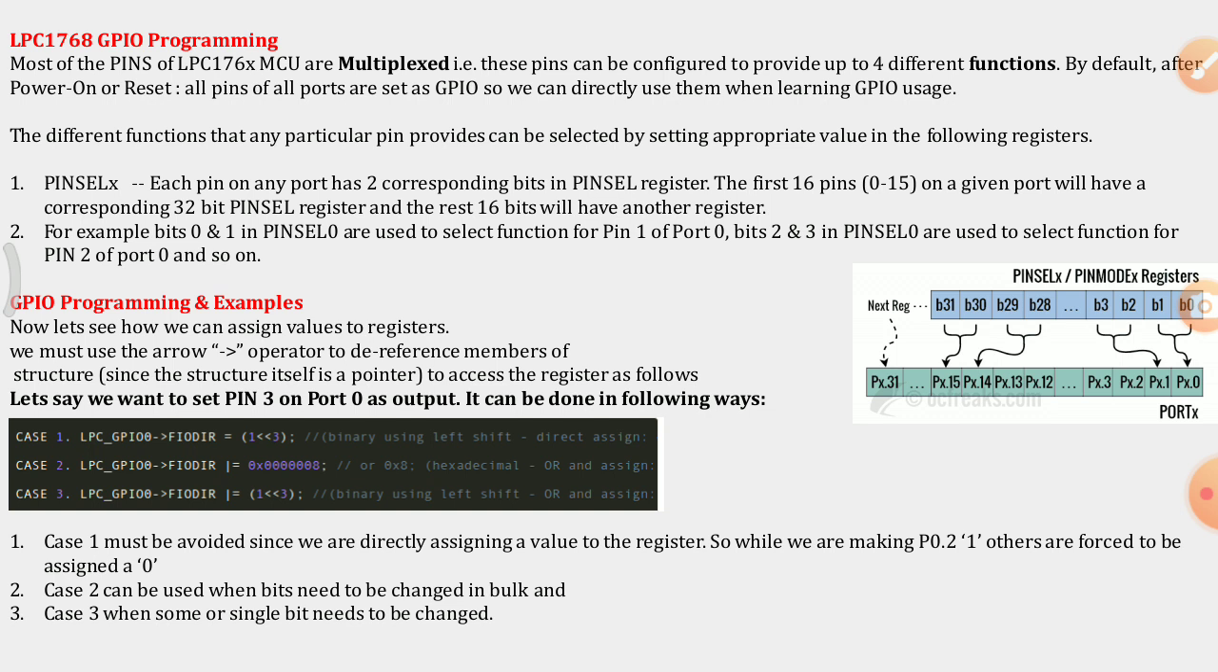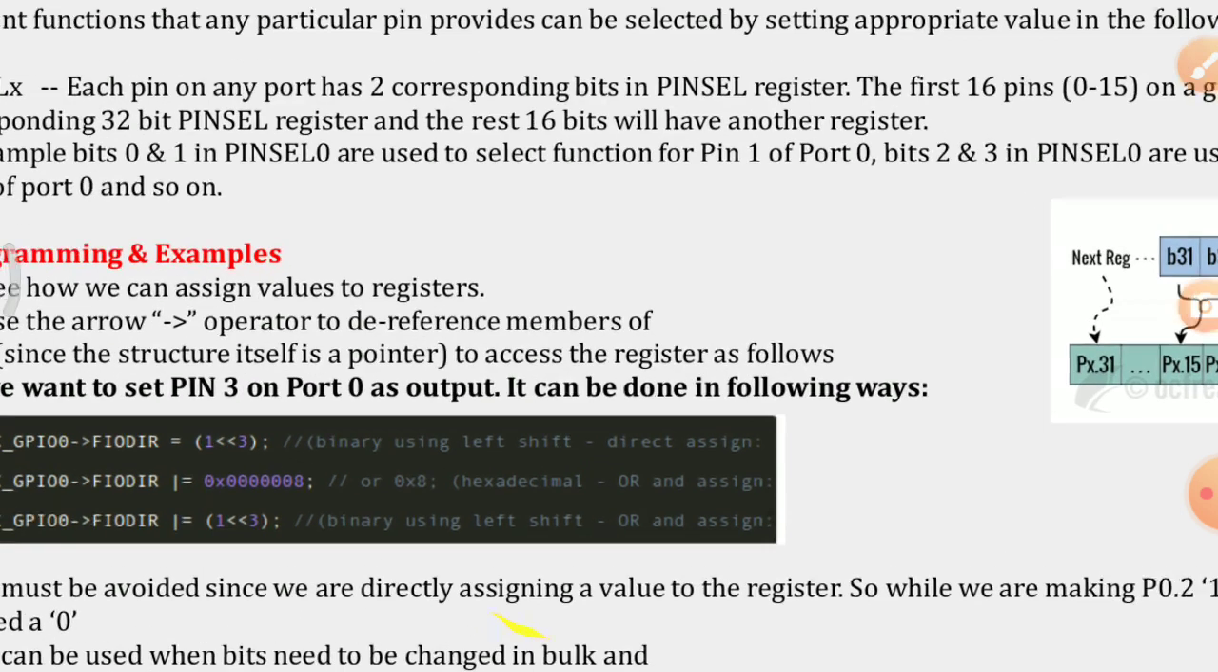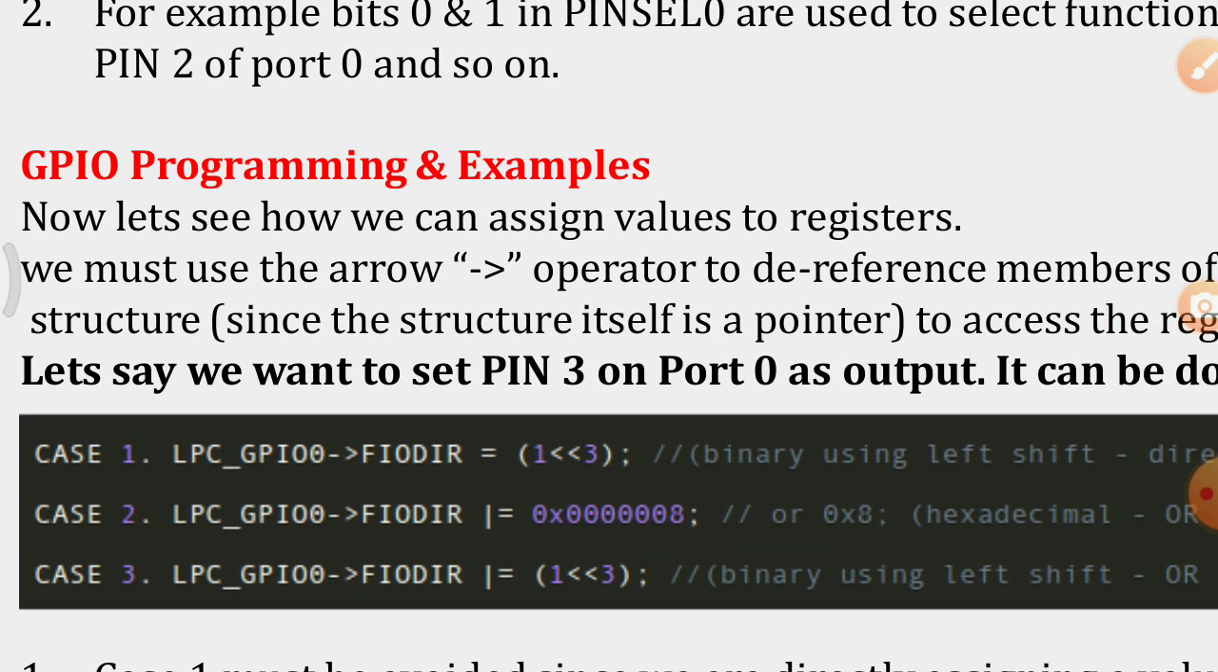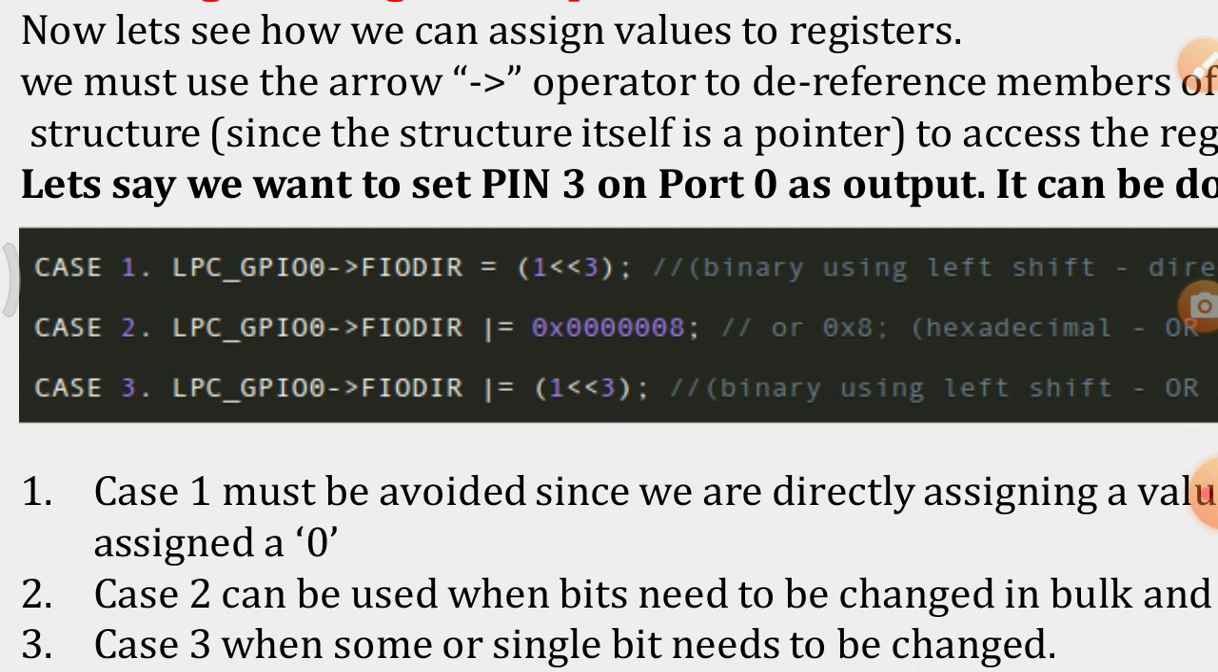Let us say we want to set pin 3 on port 0 as output. It can be done in the following ways. There are three ways to set port 0 pin 3, that is P0.3, making it an output. So one is